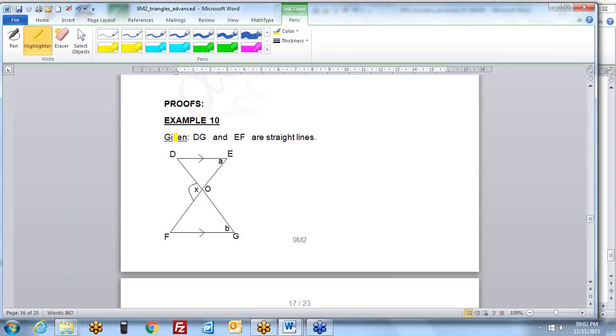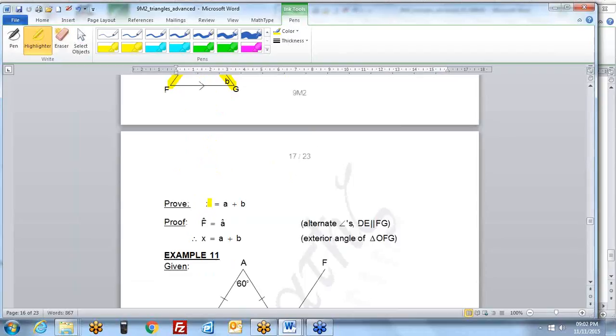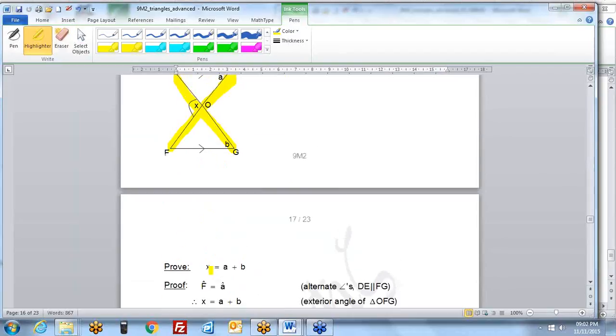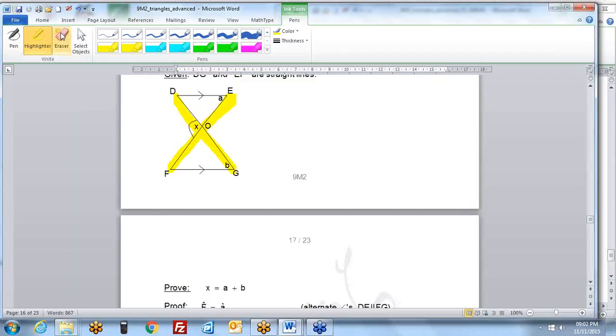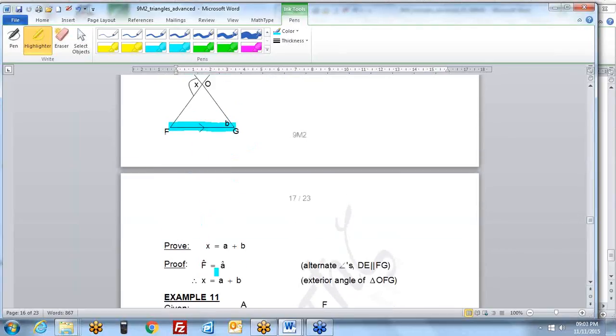Right, now we do proofs. Example 10. Given DG and EF are straight lines. Right? Now you have to prove that x equals a plus b. Right, so we have our parallel lines. So x equals a plus b. That's what we have to prove. So prove